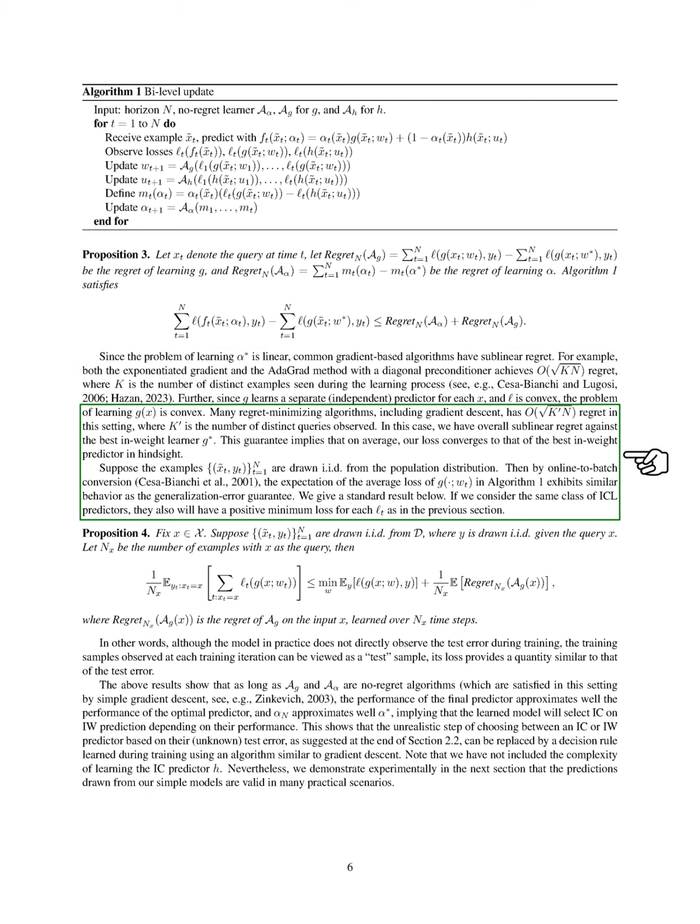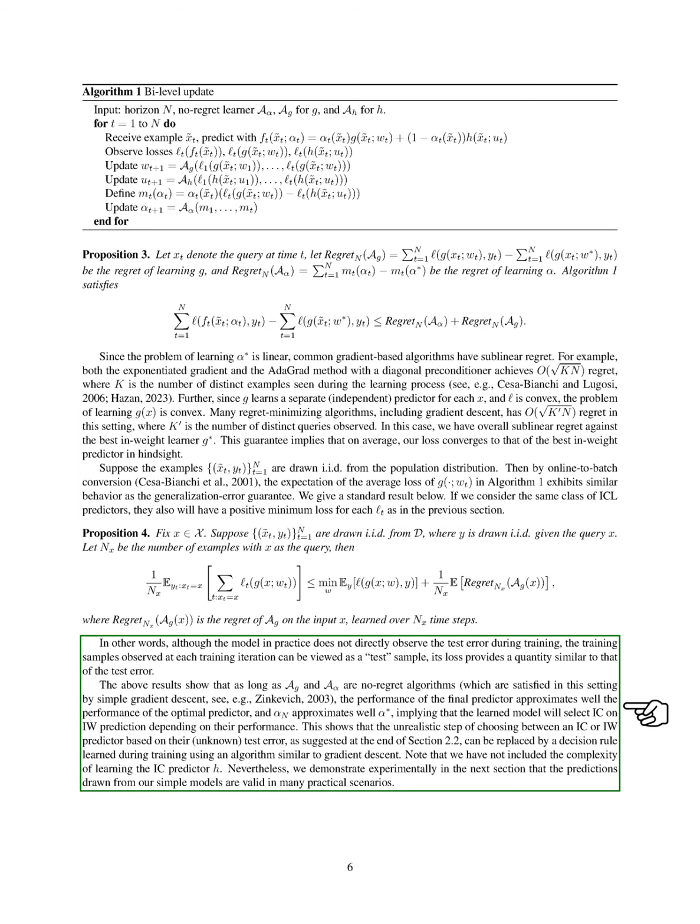If our training examples are drawn independently from a population, we can expect the average loss of our model to behave similarly to generalization error guarantees. We show that even though our model does not see test error directly during training, the losses from training samples can act like test losses, providing useful feedback. As long as our learning algorithms are no regret, the final predictor we develop will closely match the performance of